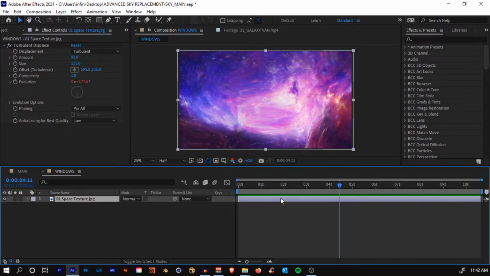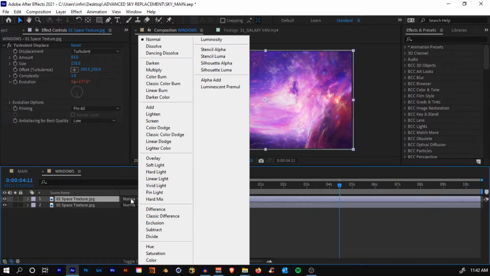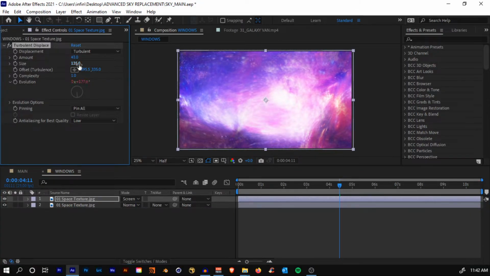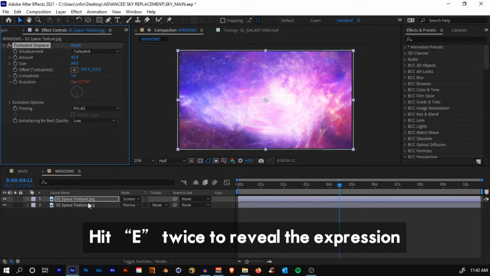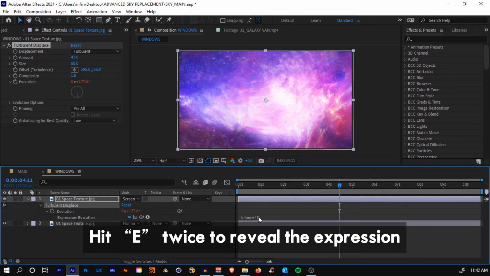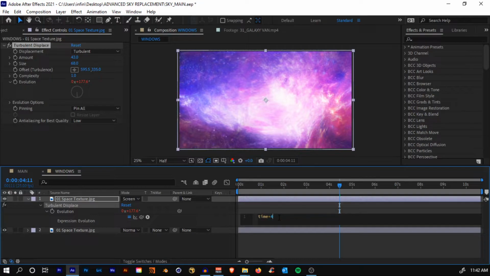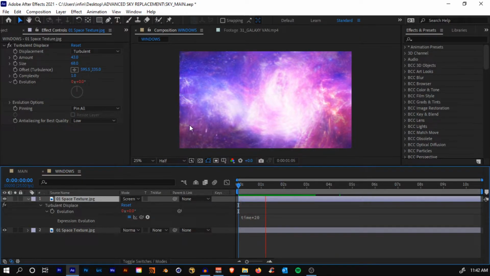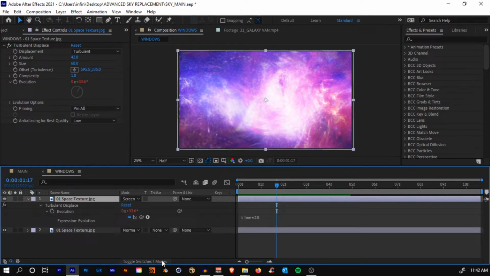Okay, and you can also duplicate this. So select this and hit Ctrl D and change the blending mode to screen and change this amount a little bit and also the size, and again hit EE and change this number to something like 20. So we have two layers and make both of them 3D layers.